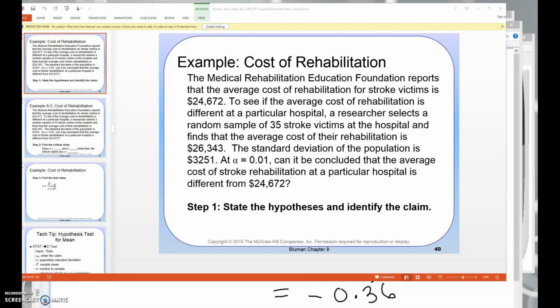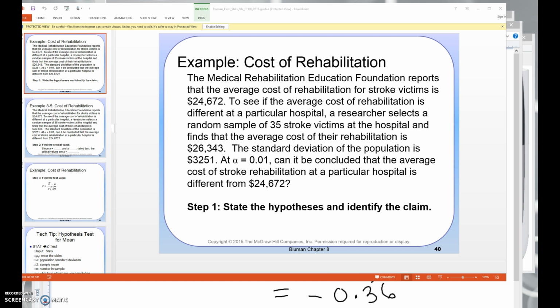Here is another example of how we use hypothesis testing. The Medical Rehabilitation Education Foundation reports the average cost of rehabilitation for stroke victims is $24,672. To see if the average cost of that rehab is different at a particular hospital, a researcher selects a random sample of 35 stroke victims and finds the average cost of their rehab is $26,343. The standard deviation of the population is 3,251. At alpha equals 0.01,